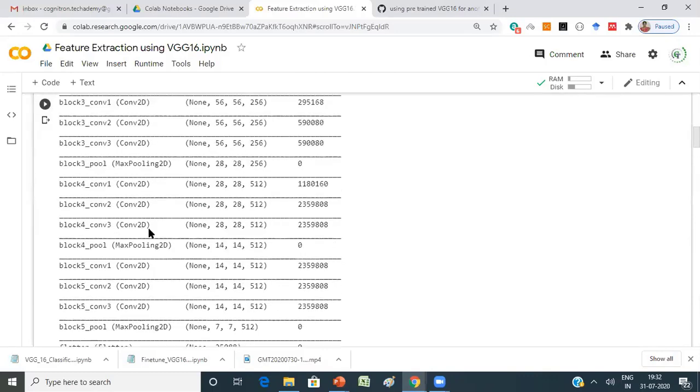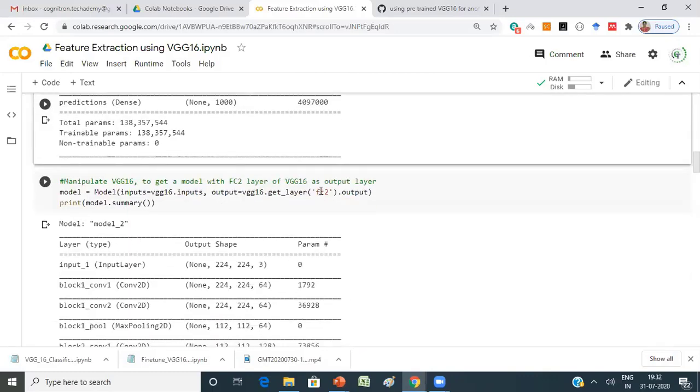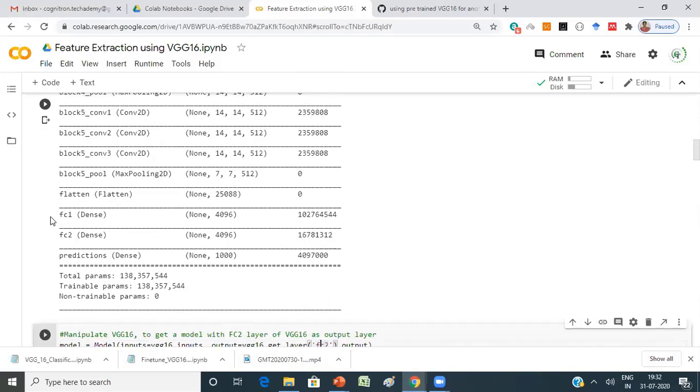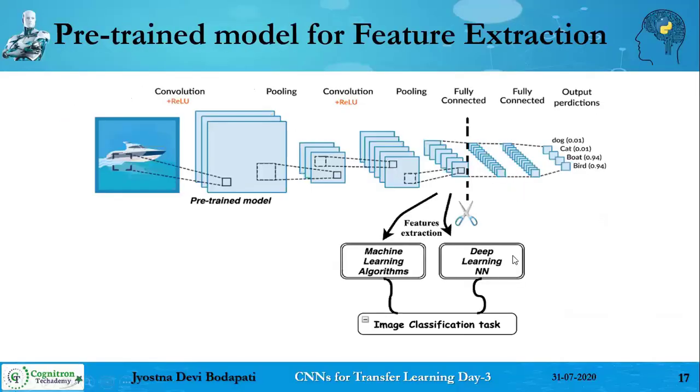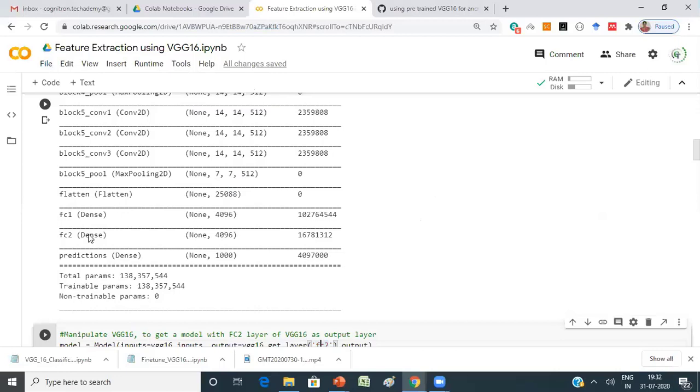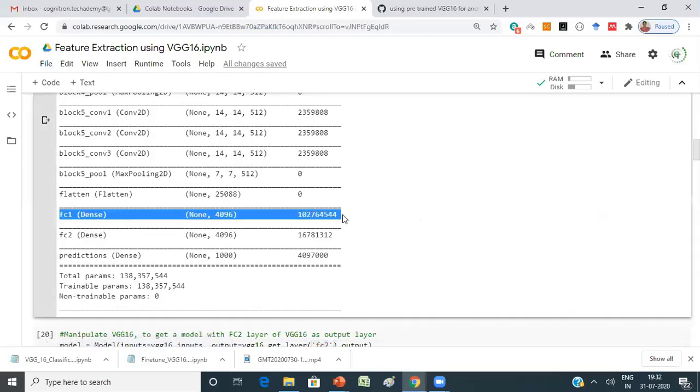This object is nothing but one model, of type Model. Now from this model, I want to extract features. As I explained earlier, the convolutional blocks give better representations, but you can also extract features from the fully connected layers. In VGG16 there are two fully connected layers.